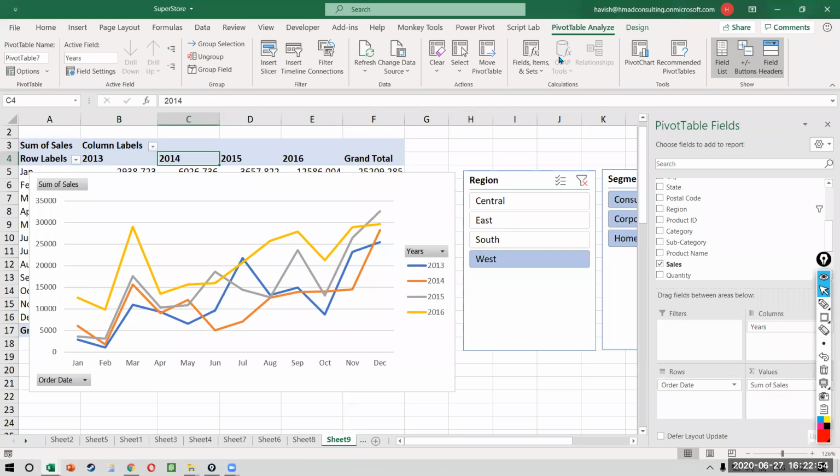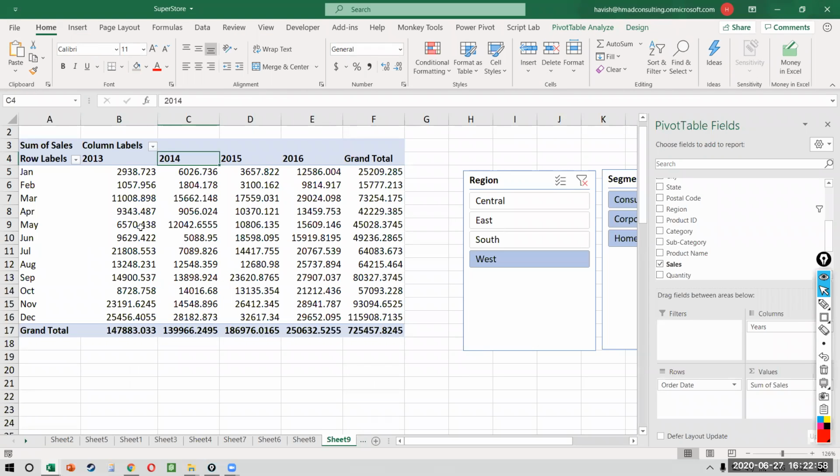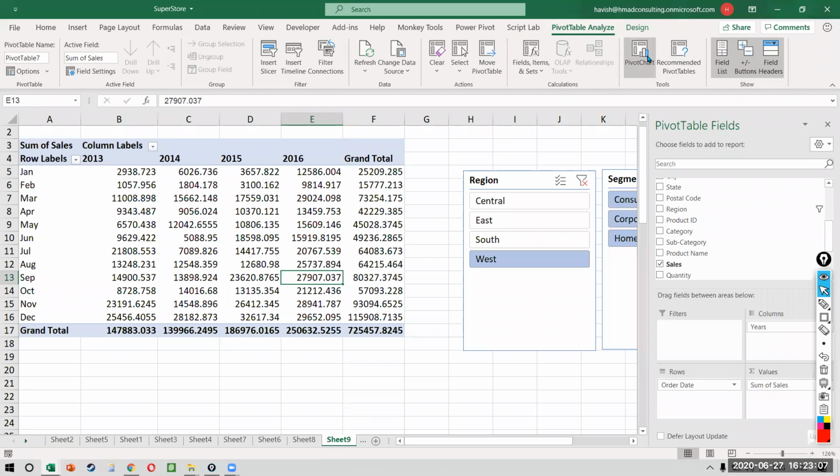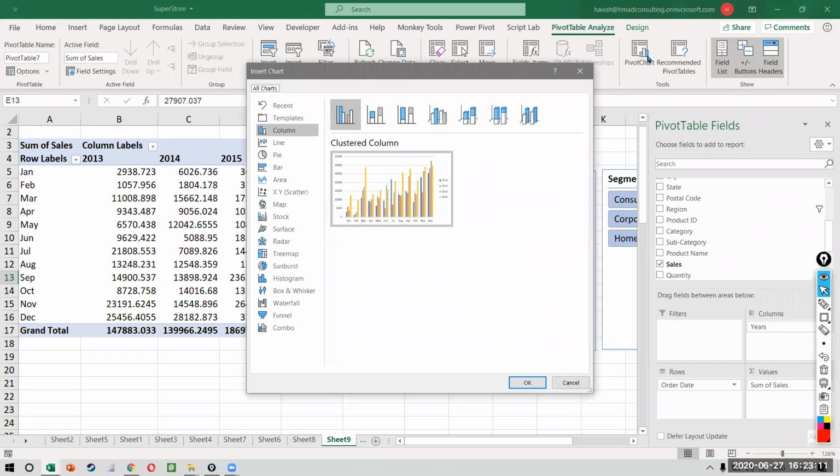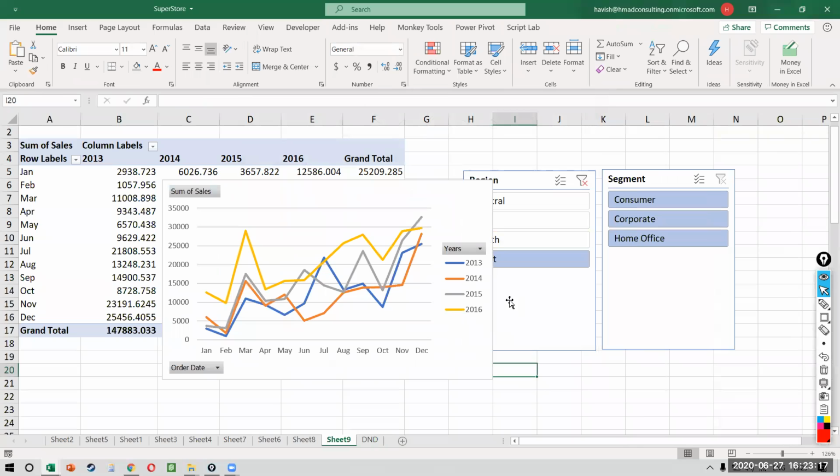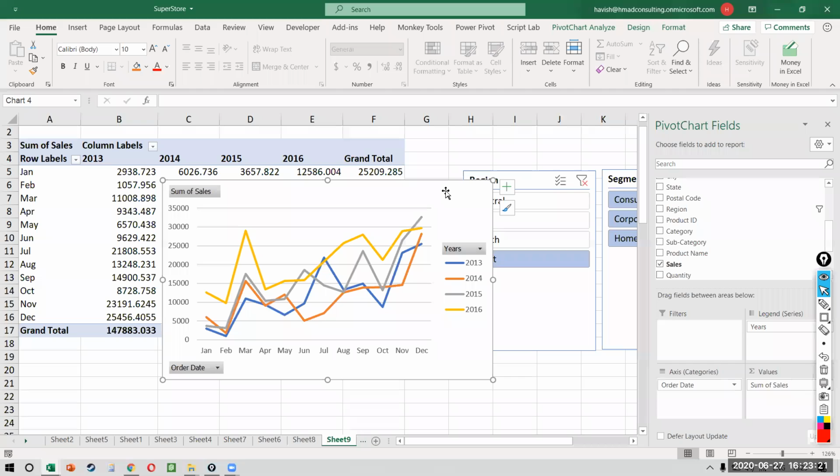How did I plot the trend graph? I'll just do that once again. I hope the table is clear. We just put the year in columns and the month in rows. Then I go to Pivot Table Analyze and I insert a pivot chart in the top right corner. Once I've done that, we can select a trend line and that's it. Just select the first one. You get your trend line like this. Right?